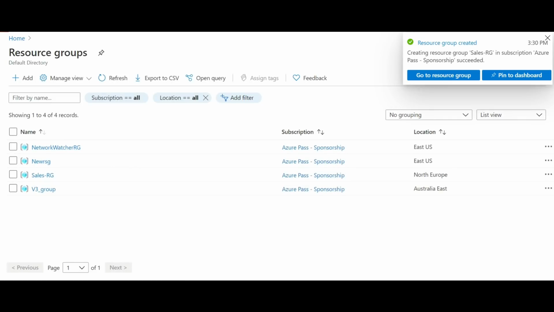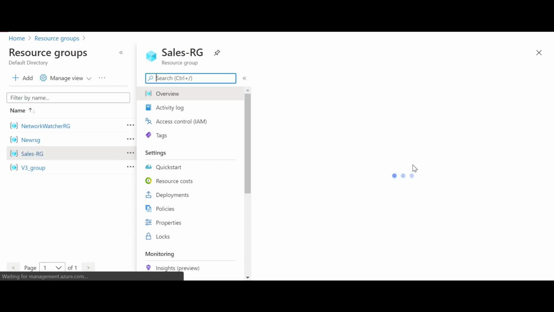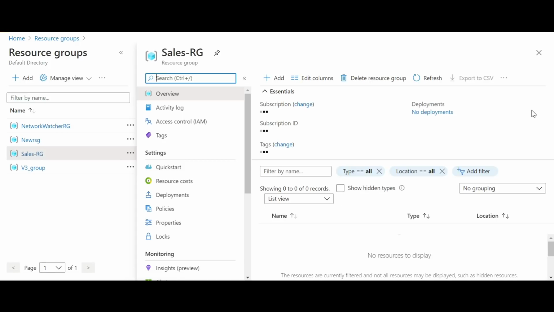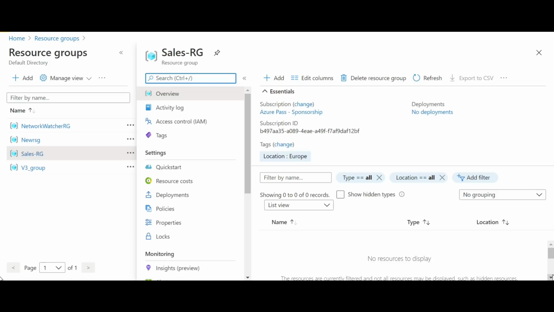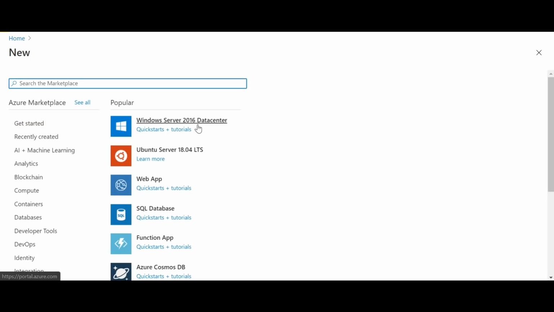Within a few seconds, I can see my resource group is already created. Sales RG, it's in North Europe, right? Currently, there are no resources here, not even a virtual machine. If you want, you can go ahead and click on create resource, and that's how you can create a resource. Or what you can do is, when you create a resource, you can click out here, and then when you say,